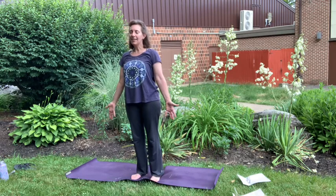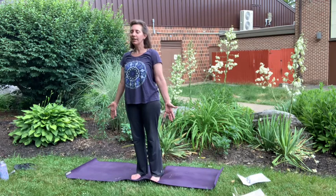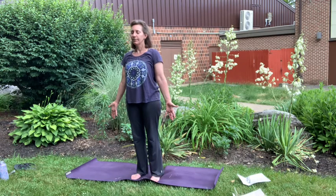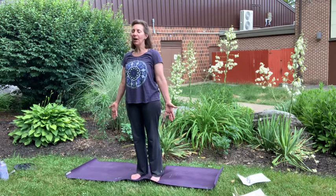And I like to close my eyes during this beginning part of our practice, allowing myself to put aside the day that we've had and bringing ourselves to this present moment right here, right now. You might notice the sound of the birds surrounding us, the buzz of activity close by, and we feel this subtle buzz of energy just below the surface of the body. And as we bring our minds to this present moment right here, right now,